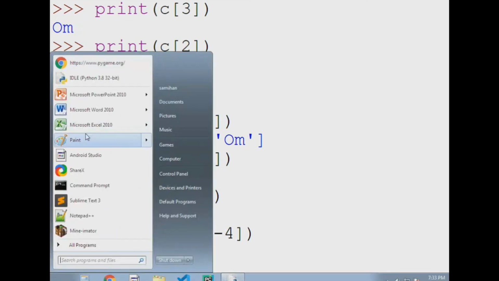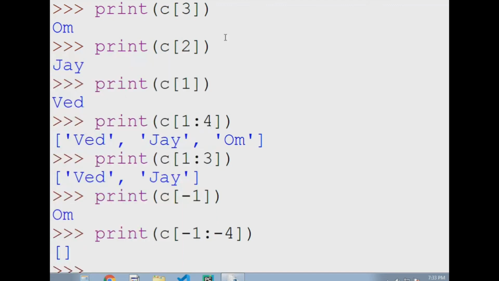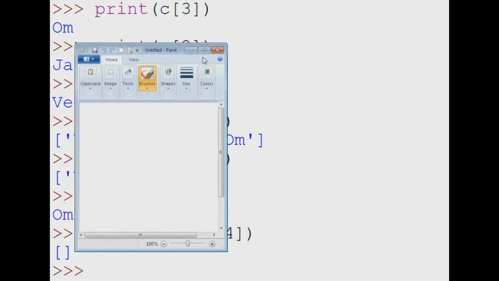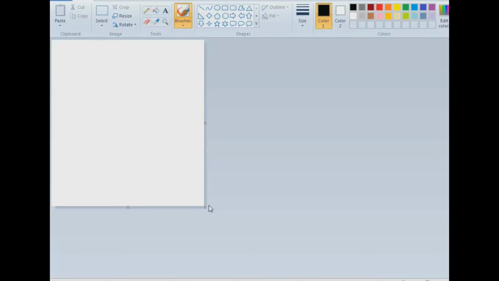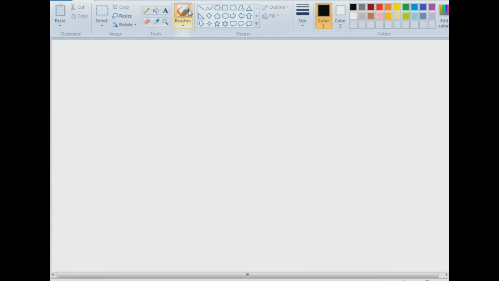Wait, I am opening Paint and taking a line. If you know the number line, you can see it in the number line. There are these lines in it. This is the value of 0.